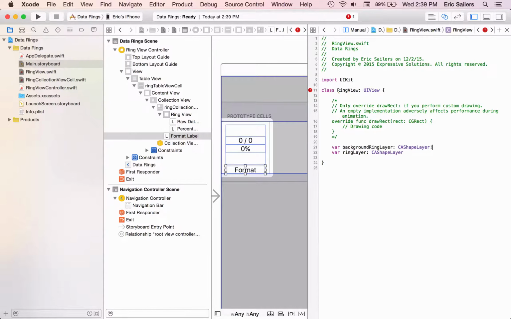And we need to actually put the exclamation point here at the end of CAShapeLayer for these two properties. Okay, we're going to need a couple other properties too. Alright, so we're going to need a property that is a float value, and it's going to represent the percentage accuracy of our data. So let's call that accuracy,